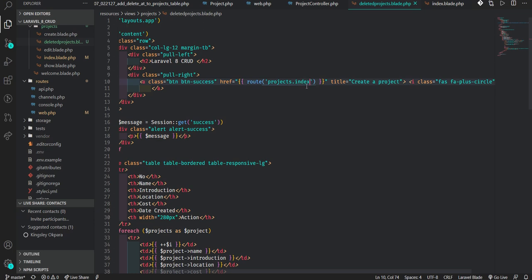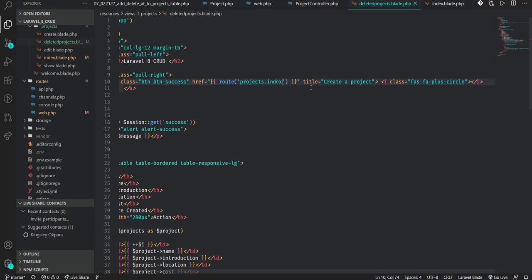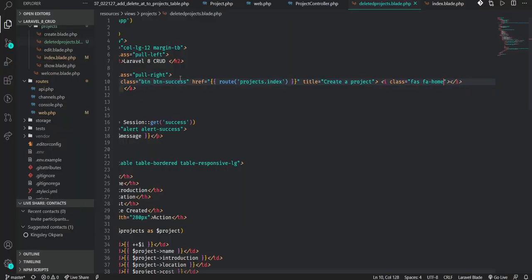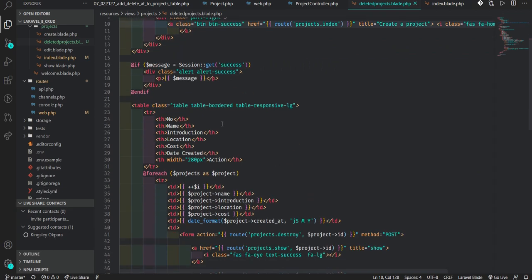So instead of putting create, we can go to index. Which font are we going to use? Our home. Let's say we use home. It should take us back, okay, yeah, we have something like a home. So clicking on this, it takes us to the index. Clicking on this, it brings us to this point. Perfect, everything is okay. We still need to customize these pages.